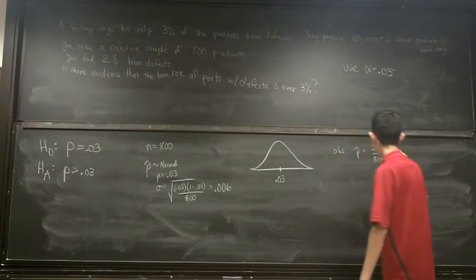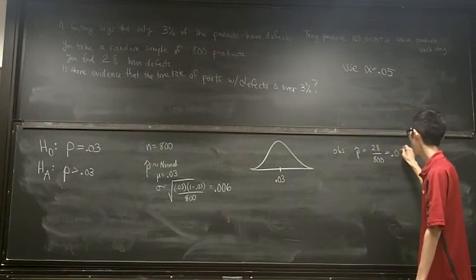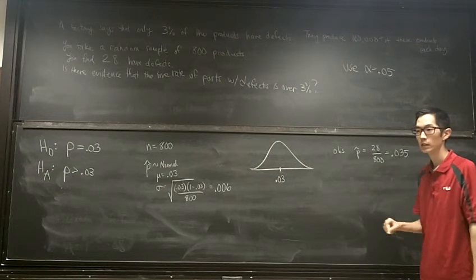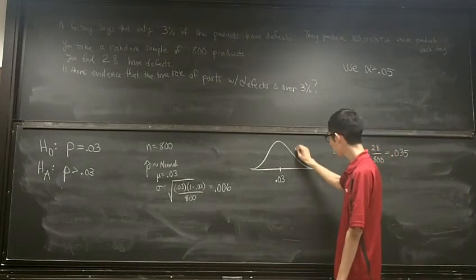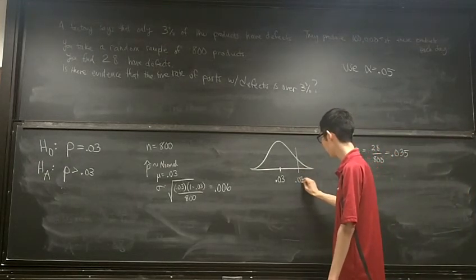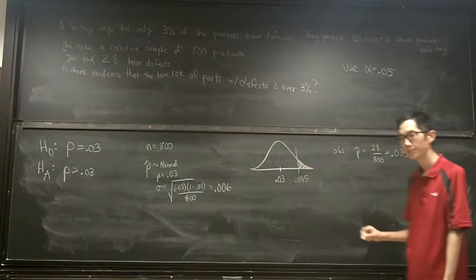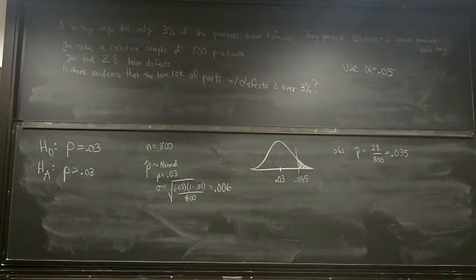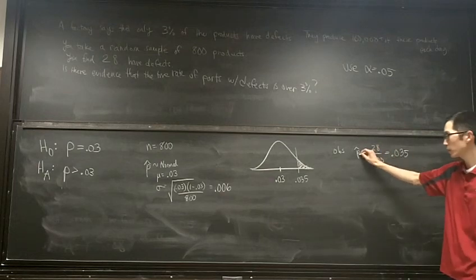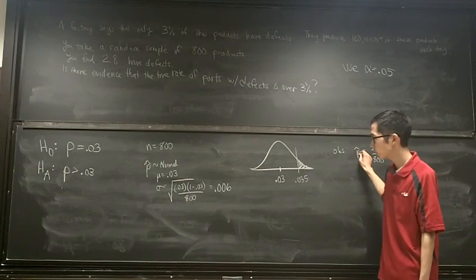I observed a defective rate of 0.035. So I'm not at 0.03, I'm over here at 0.035. And I want to know, what is this area over here? So this is what I observed. According to this,